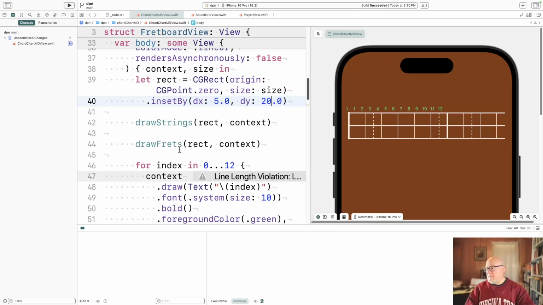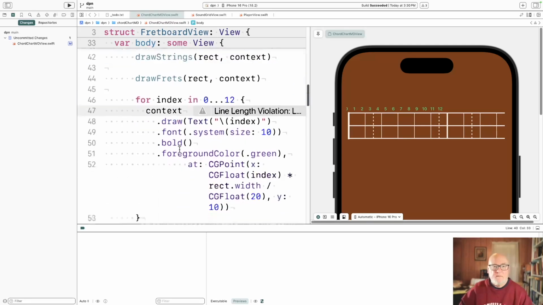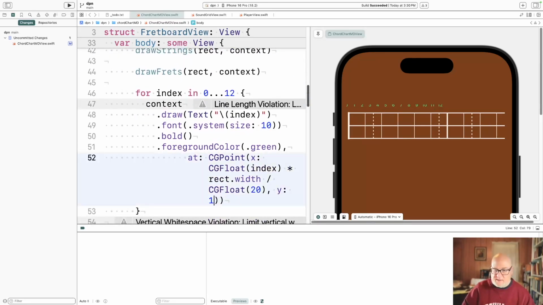Okay. So if I make this 16, that's not enough. 8. Okay, a little bit of room. Yeah, we can work. Y. Let's do X. Okay. And then